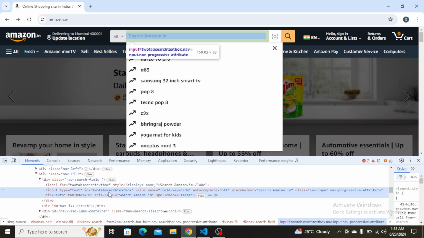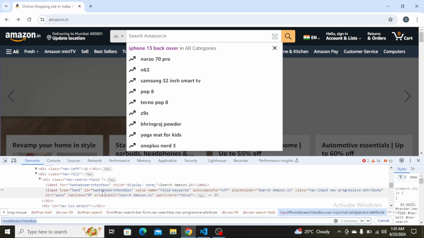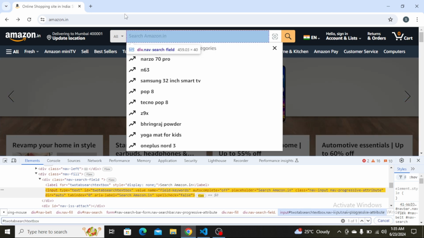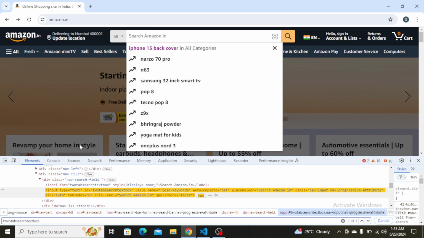It is highlighting that search input field as you can see on the screen, and it also has ID. We can write down the shortcut CSS, which is hash and ID value, and when you hit enter, it is showing 1 of 1. It is single web element and it is highlighting it. So we can use this